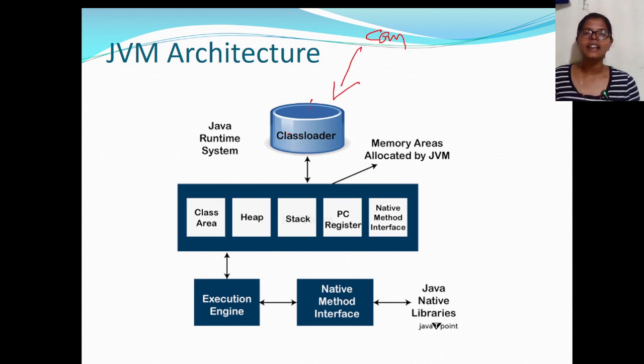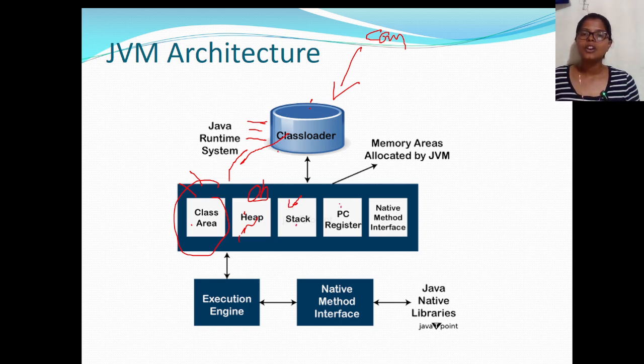After loading it, it is divided based on the type of .class file. Next, in the class area, we store all the class names, interfaces, methods, and fields; each and everything is stored in the classes. In the heap area, we store the objects, instance variables, and the memory space used by the threads. Next, in the stack, we store the temporary data.